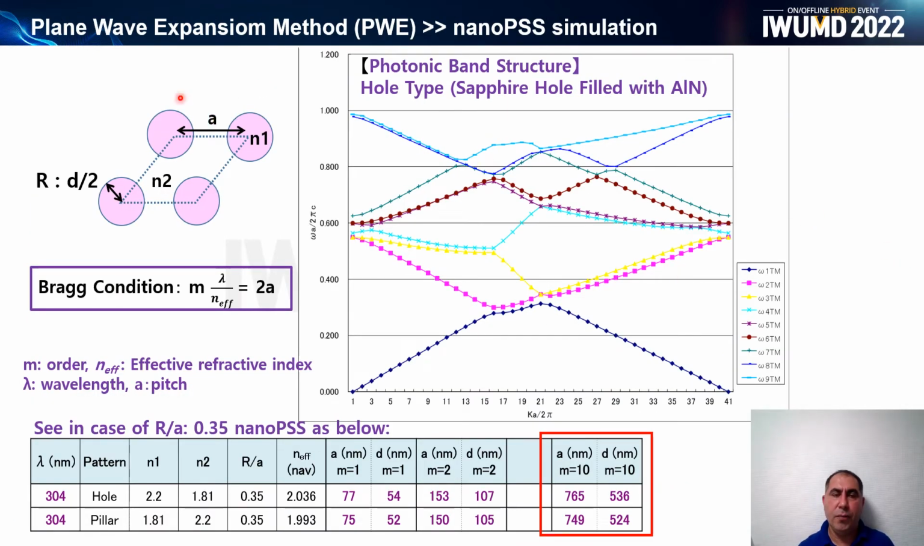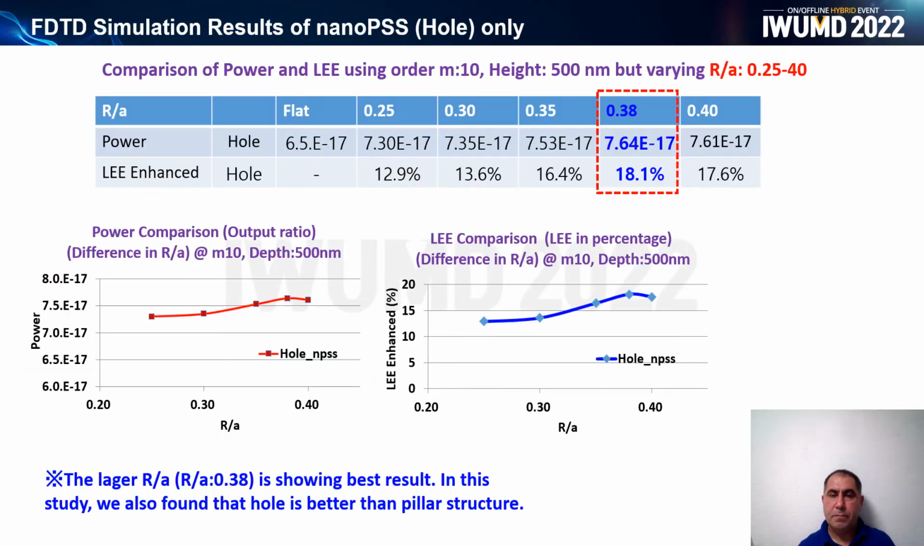First, we confirm the photonic band structure by using plane wave expansion method for nanoPSS, and the hole type nanoPSS in the sapphire was filled with aluminum nitride. And here is the Bragg condition again, as I mentioned before, and all the working parameters are shown here. And as a result, the light extraction was enhanced up to 18% by using the nanoPSS in UVB LED, as